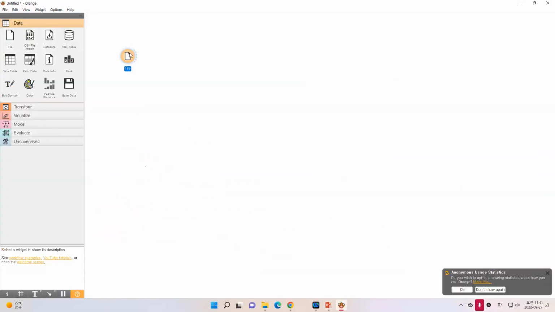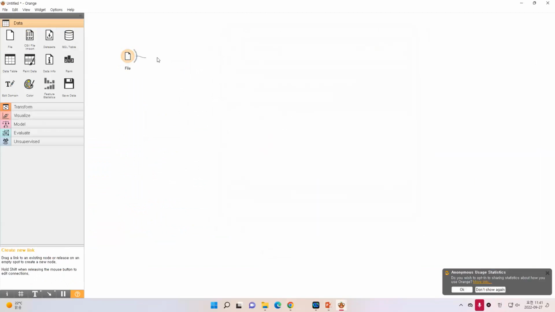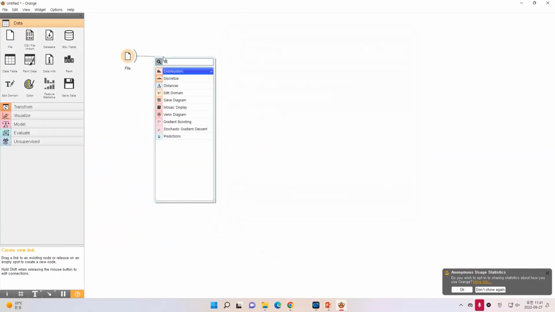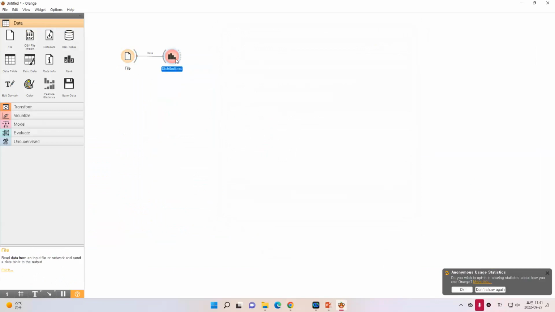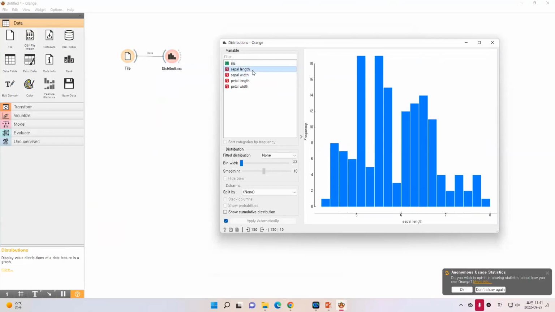For example, let's say I use the iris data. When you use this iris data and you use the distribution, if it is categorical data, it will show you the frequency. But if you have the numerical data,